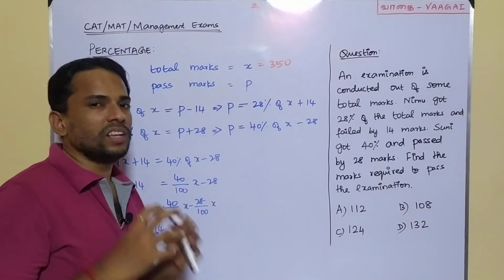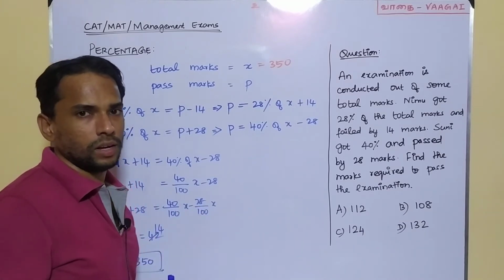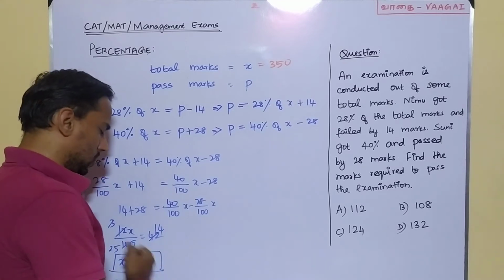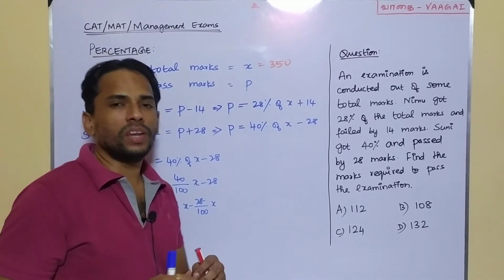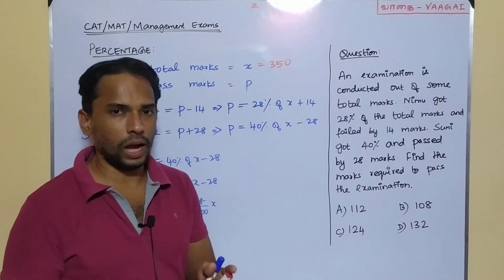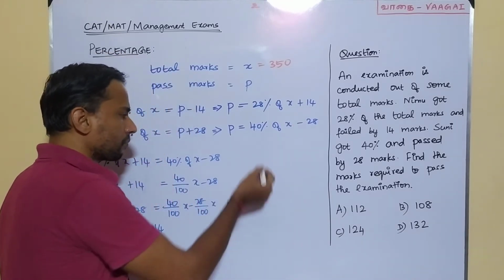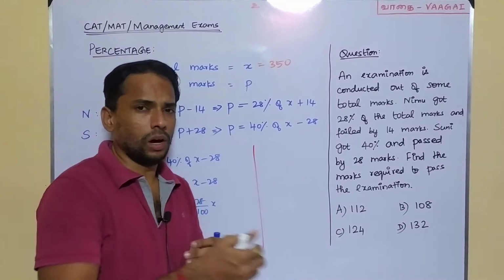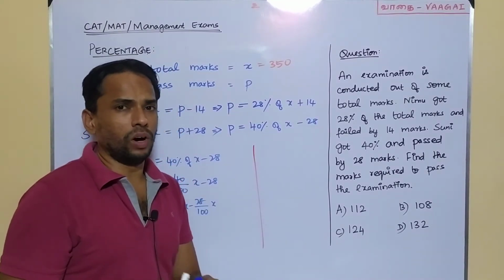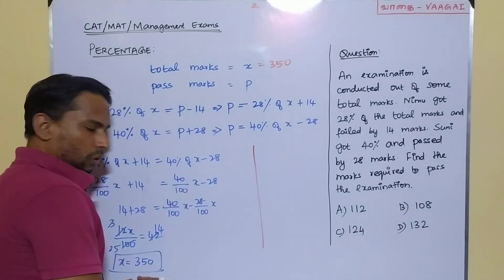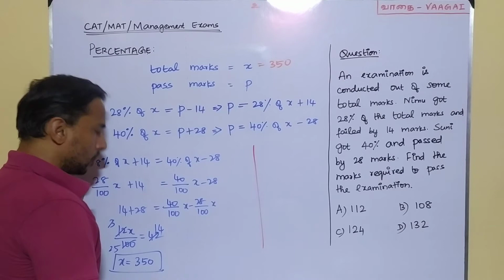Okay. But at this stage, I just want to give a reminder. So far we have used these many steps to solve the value of x, right? So this can be very easily followed with the logical sense. That logical sense is what I'm going to reveal now. Let me take this small space. I think this is enough for me to give that logical way of solving this problem, particularly up to finding the value of the total marks.